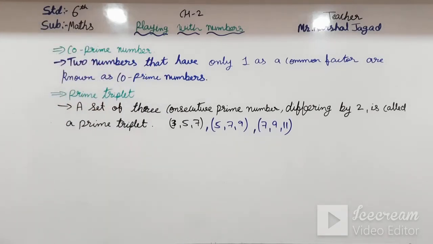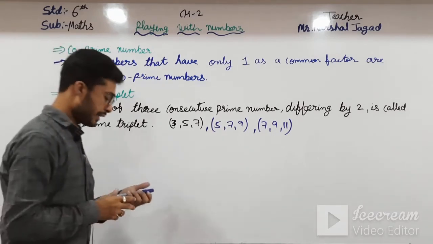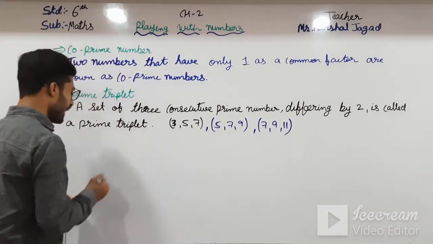Now see here, moving towards even numbers and odd numbers. First of all, what are even numbers? We all know that even numbers,